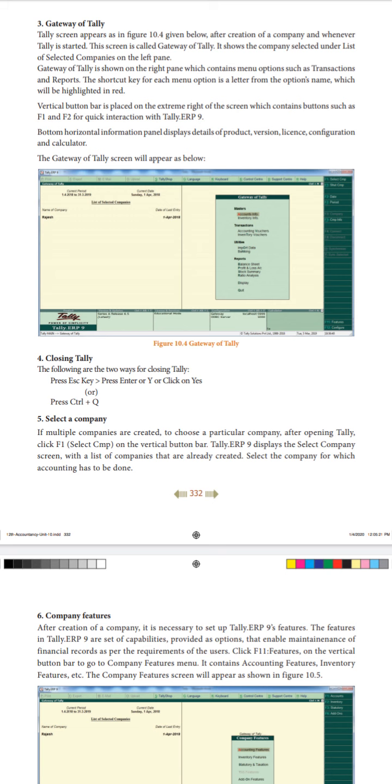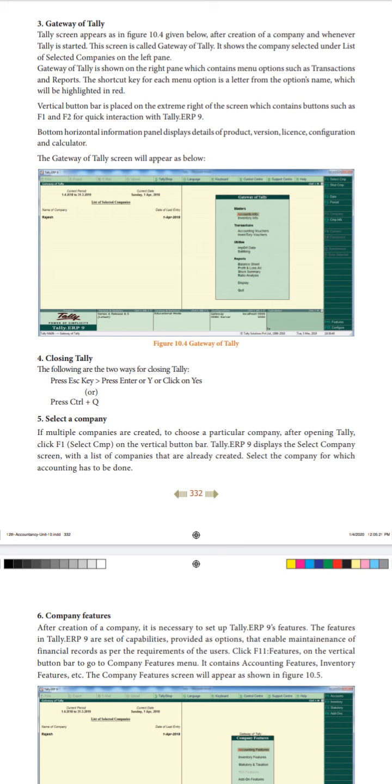The right side of your screen shows you the details of the particular company, like the accounting information, or your inventory information, any type of transactions, or if any reports are to be taken. All the details related to the company will appear there. And exactly to the right side you will have your vertical buttons, right?